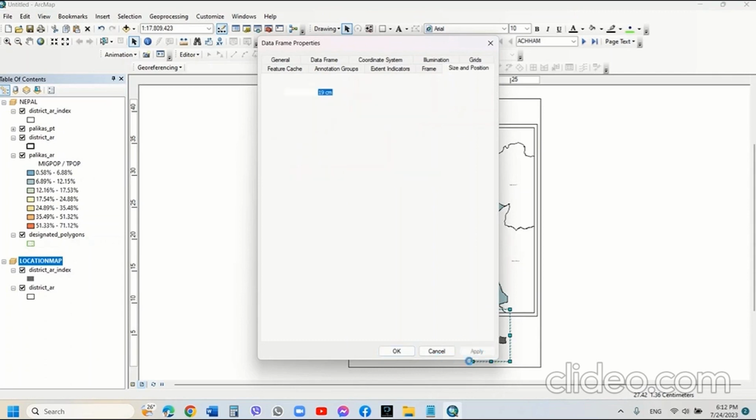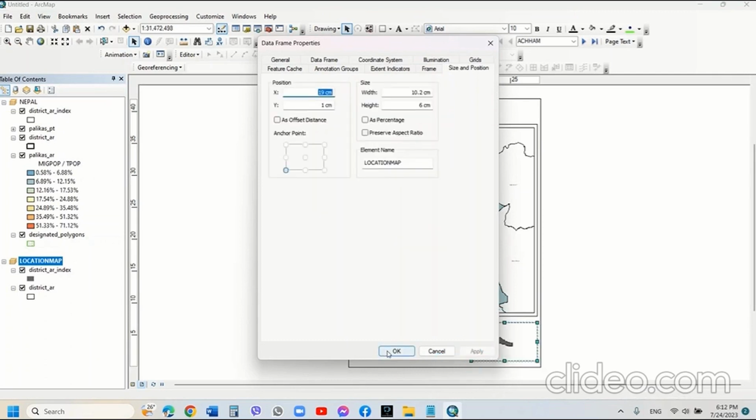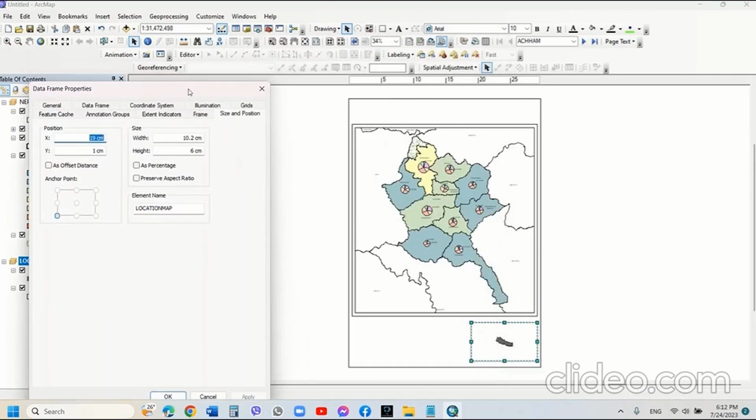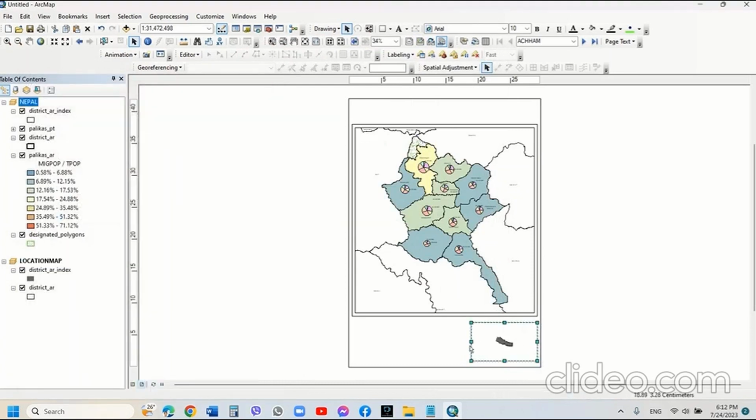Click OK. The size is this. The scale for this map, I have already checked, is 8 million. 8 million is okay for this. And here also we define